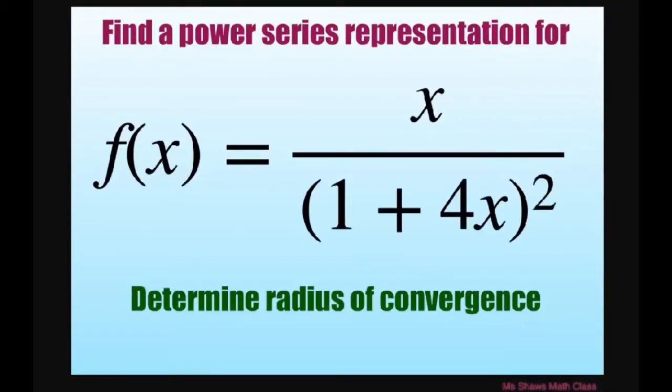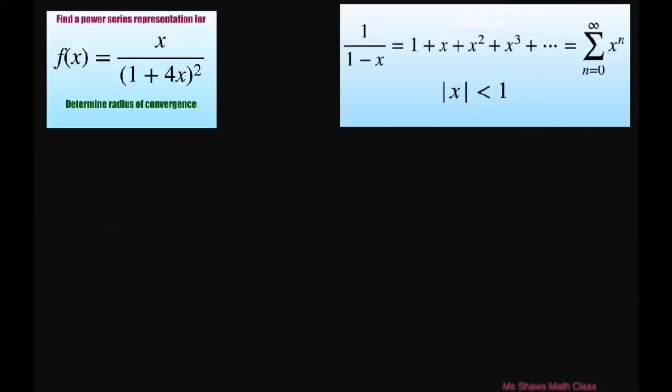Everyone, we're going to find a power series representation for f of x equals x divided by (1 plus 4x) squared. We're also going to determine the radius of convergence. So basically, let's just look at radius of convergence. If our power series is the sum of x to the power of n, then this is your radius of